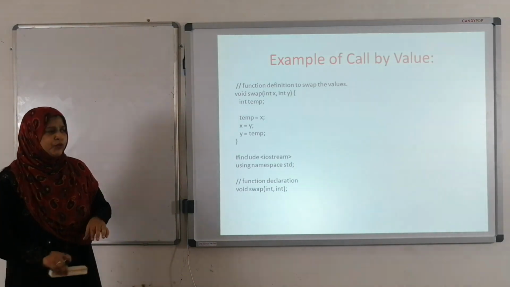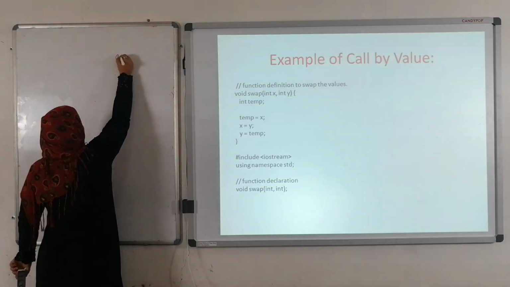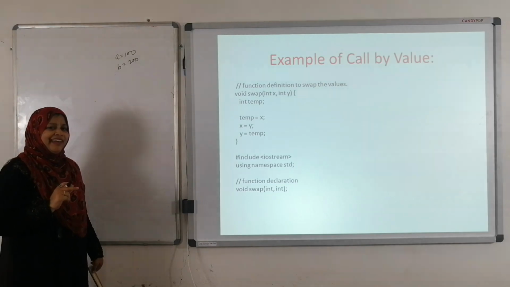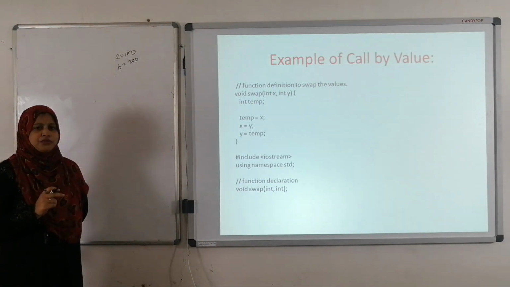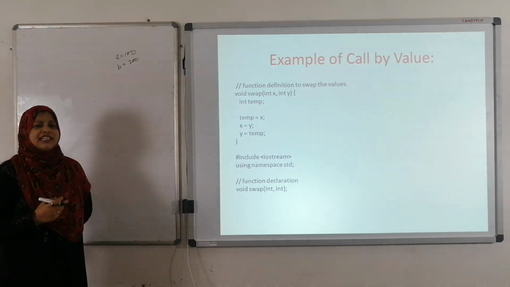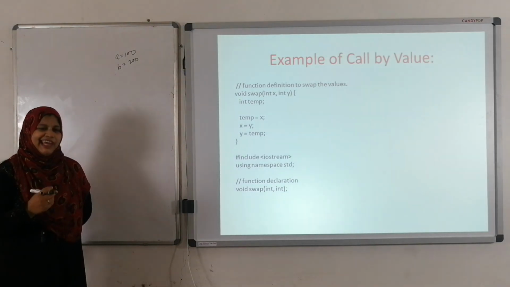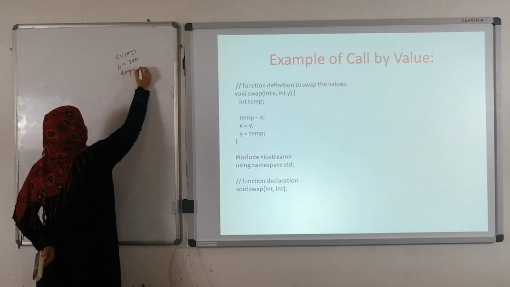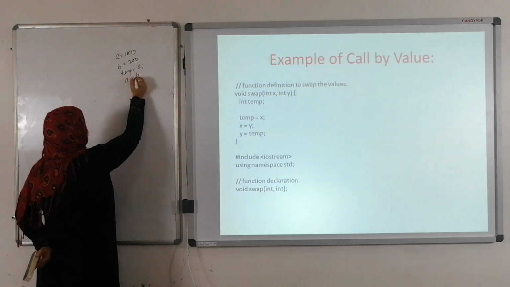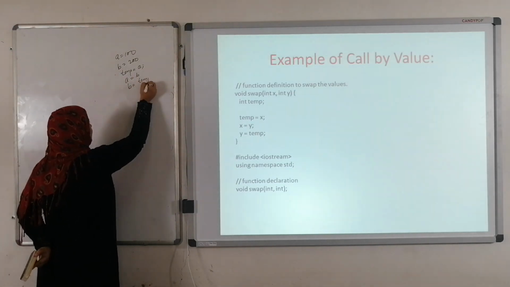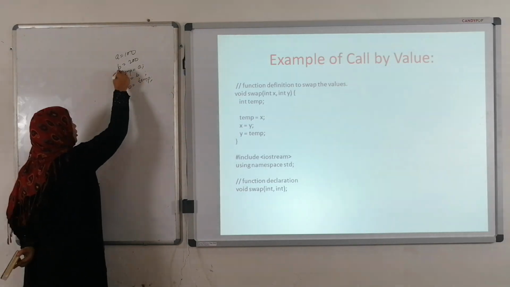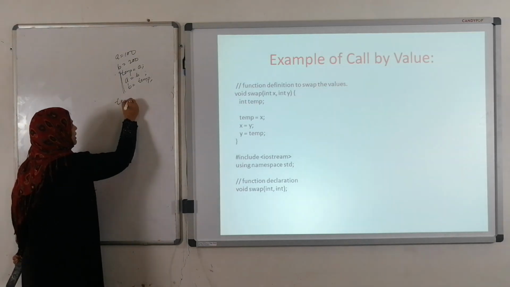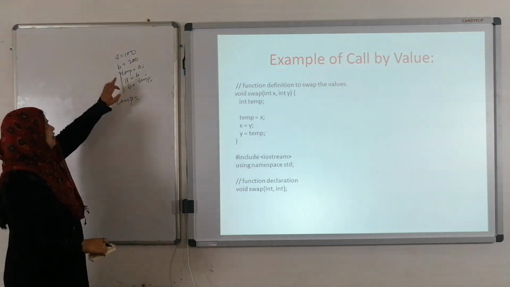Here, swapping of two numbers. Swapping of two numbers means, for example, A equals 100, B equals 200. What is the value of A here? A is 100. What is the value of B? B is 200. Now, swapping means we interchange the value of A with B, and B with A. Here, I am going to use one temporary variable: temp equals A, A equals B, B equals temp, right? Now I am interchanging the value of A with B, B with A. Before swapping, what is the value of A? A is 100.